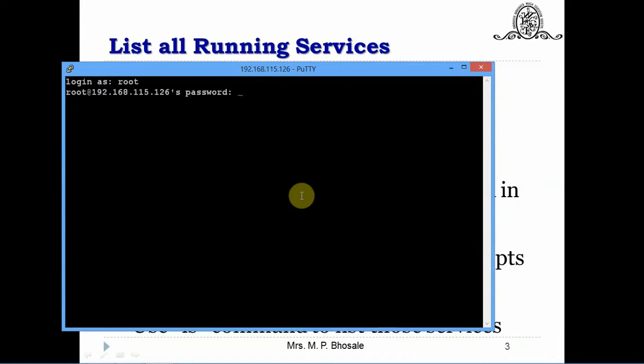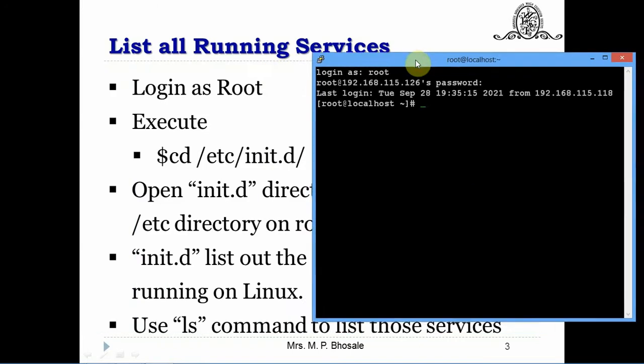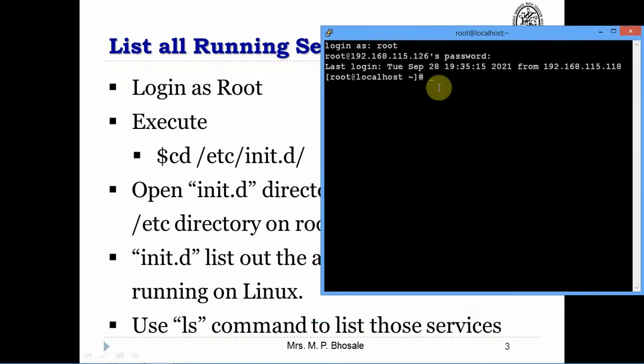Here the username is root and the password of the root user will be provided, and we get the hash prompt for the Linux super user. Now we execute cd /etc/init.d/ and enter. Here you can observe that we have entered the init.d directory.